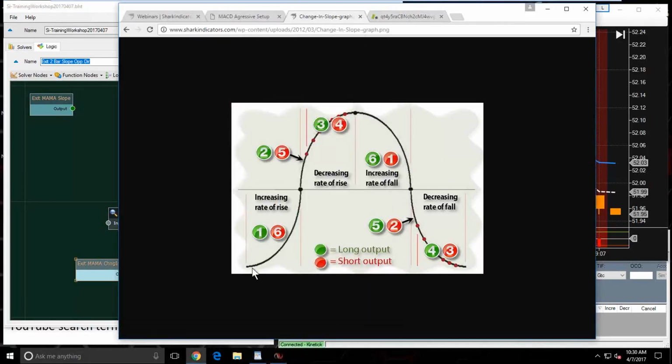So if we look at the green number 1, the number 1 output will be outputting as long as the moving average is increasing its rate of rise. But if the moving average begins decreasing its rate, the black line is still rising, but it's not increasing its rate of rise. It's rising, but decreasing until it rolls over and starts falling. That's what number 2 is: the moving average is rising, but its slope is decreasing. And number 3, where the number 3 bullet is here,